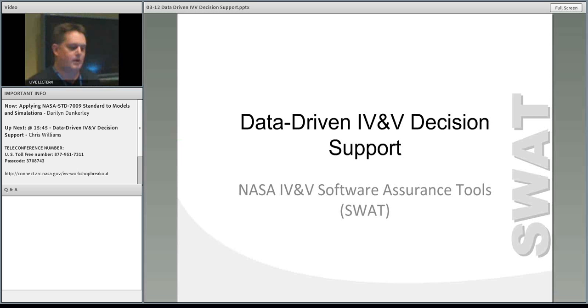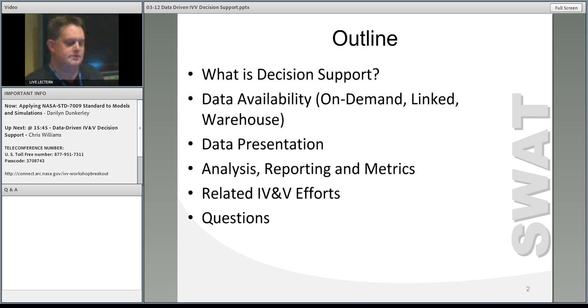SWOT is the acronym there. And my topic today is data-driven IV&V decision support. You can see the basic agenda there. I'm going to set the boundaries of what decision support means, at least for my presentation, and then